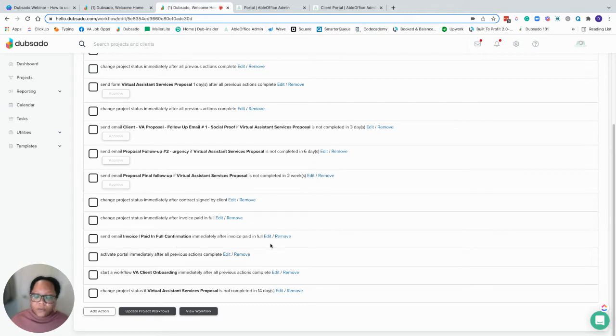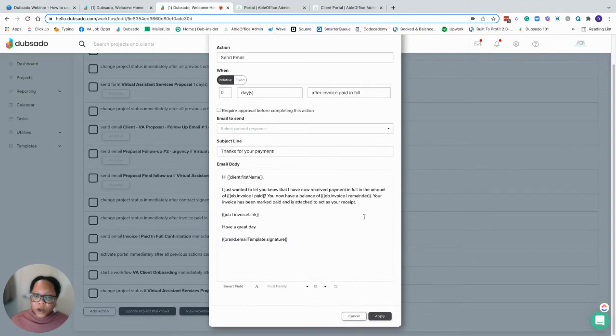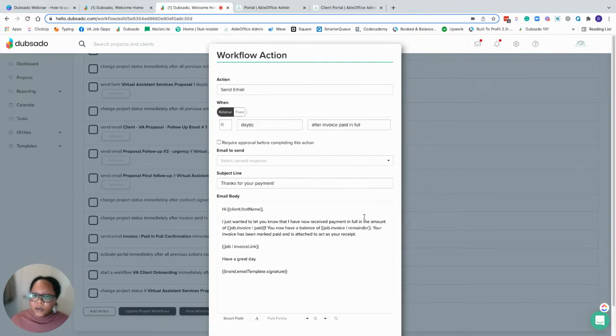Okay. So for a receipt, I can show you this one. This is an email template I got from Kate Potter. She has some canned email templates for Dubsado. If you want to go check her out, you can purchase them, and they're really good templates. But this one is a receipt. But if you want to do one of your own,